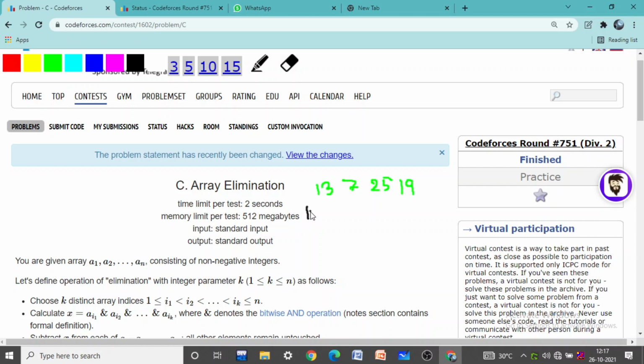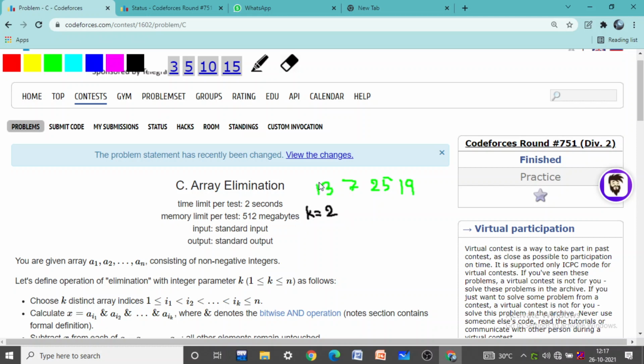We can choose any value of k, but it has to be within 1 to 4, because here the value of n, the size of the array, is 4, so k can only be 1, 2, 3 or 4. So when k equals 2, then we can choose any index.